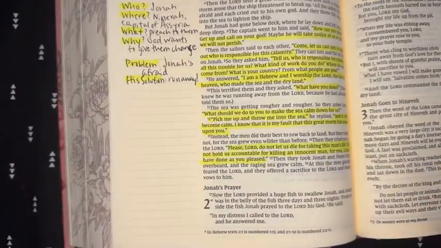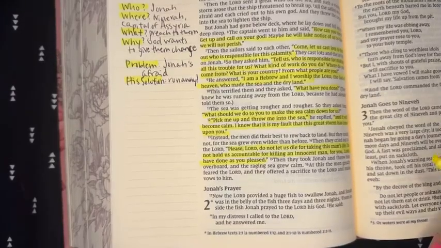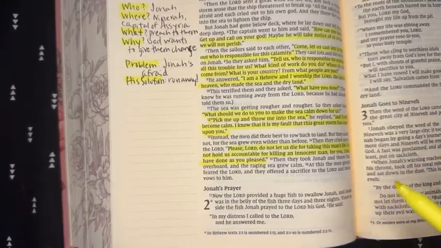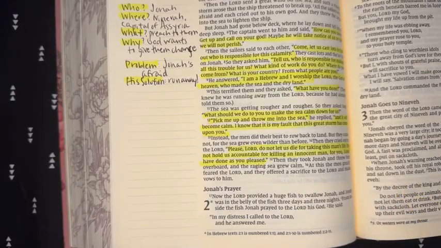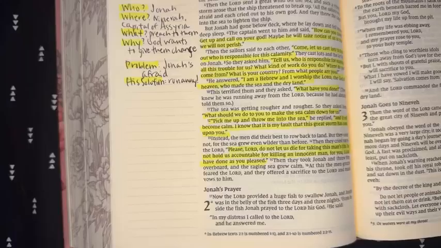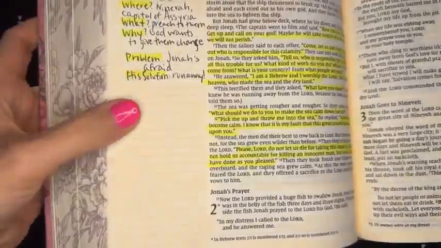Then they took Jonah and threw him overboard, and the raging sea grew calm. At this, the men greatly feared the Lord, and they offered a sacrifice to the Lord and made vows to him. So one thing I thought was interesting that I never really noticed before is that you'll notice right here